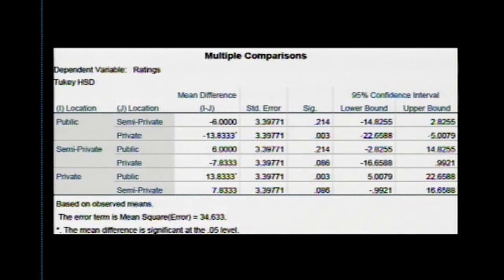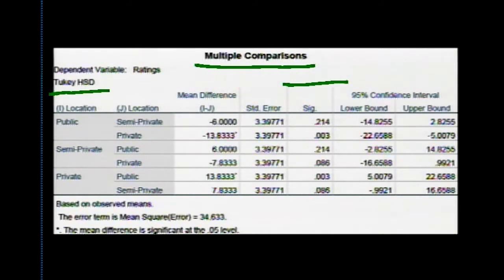Now the next screen is also very important. And this is where we're going to look at the separate cell comparisons. So when we look at this, we're looking at the multiple comparison box. And the one that we ran was the Tukey HSD. So that's the Tukey honestly significant difference test. And what that means is it is going to be a test where we can compare one location versus the other. So let's take a look at this and understand what we're seeing in this box.